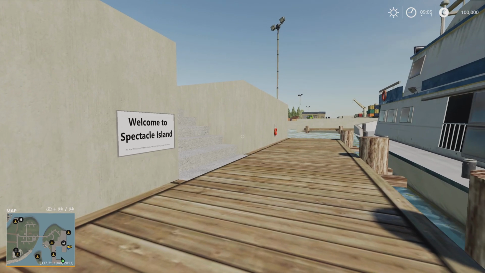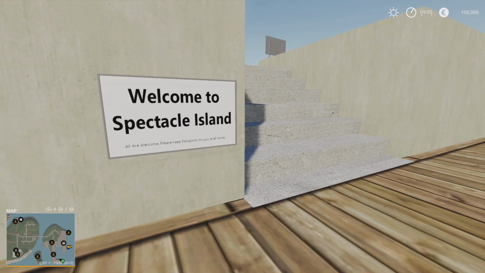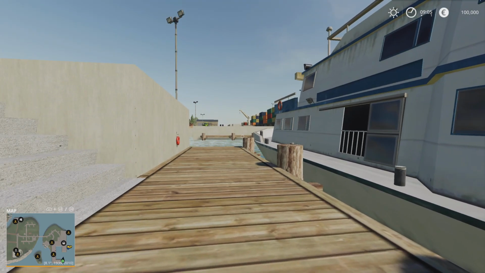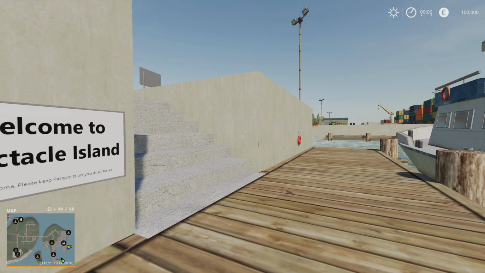I'm on PlayStation. We are on Spectacle Island. Please have your passports with you at all times. I'm excited. I am. This is a fantastic map. You'll see as we go around. The map itself